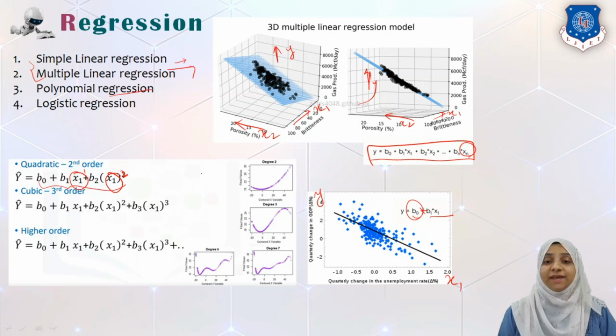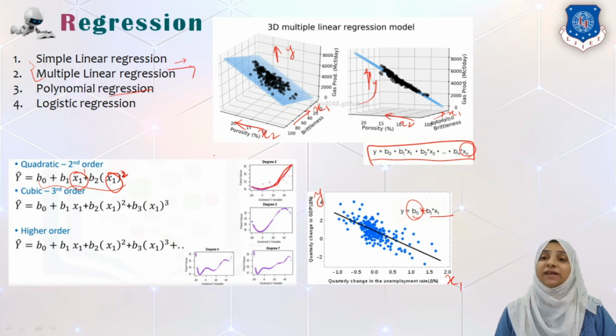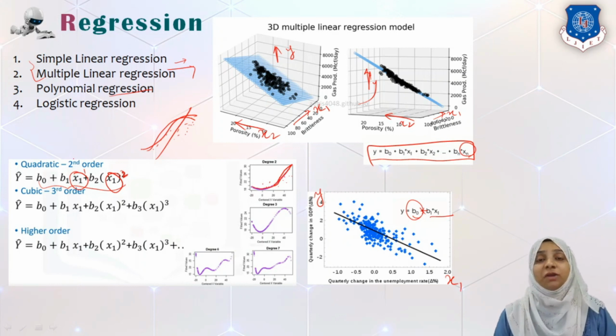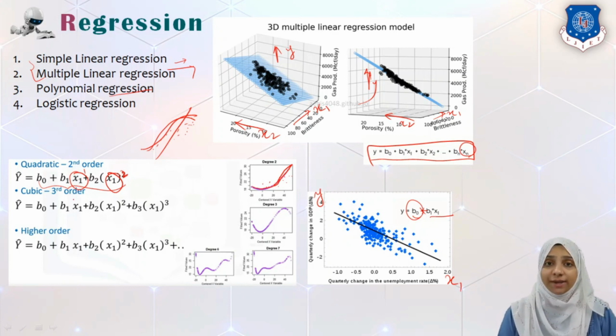Hence your complete equation would plot a graph of this kind. So for example, your data is not clearly represented by a straight line, say it is in this form. Instead of fitting a straight line, where we are not getting a good fit, we can go with a second order polynomial. Now this polynomial regression can be of any degree. You can extend it up to n degree or k degree.